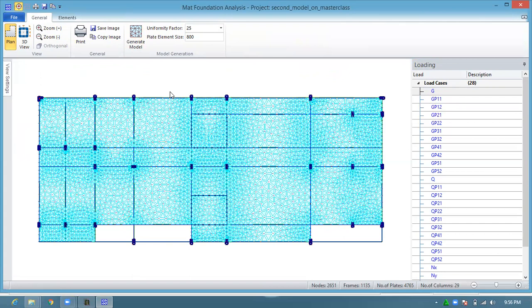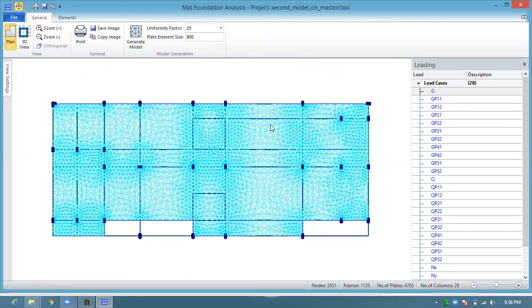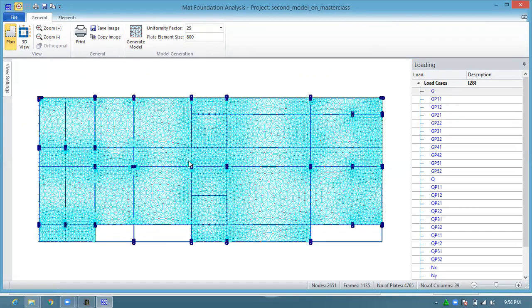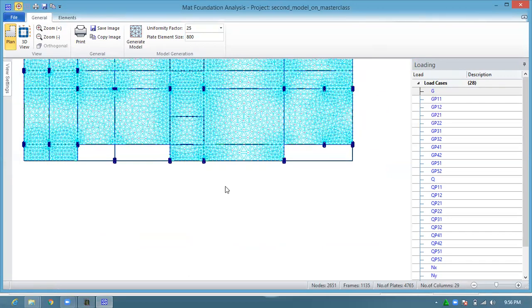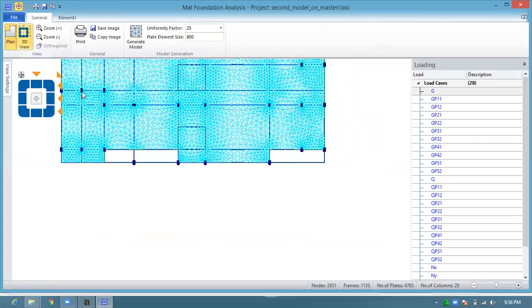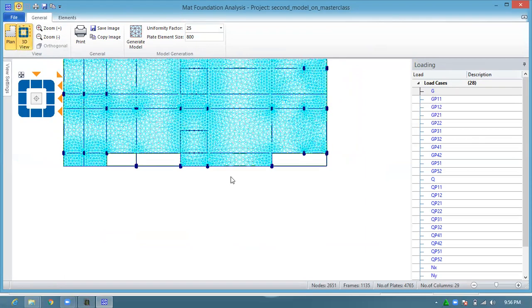If you're looking at it in the plan view, this is how it's going to look. But once you go to the 3D view, that's where you can,